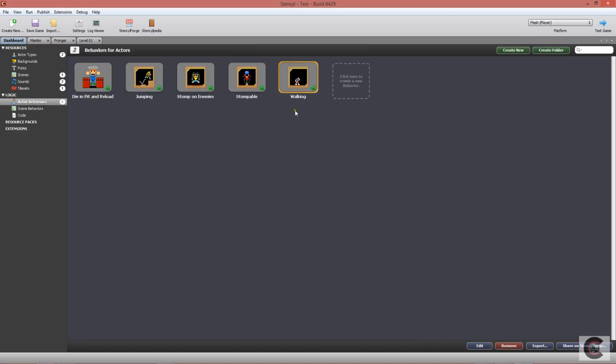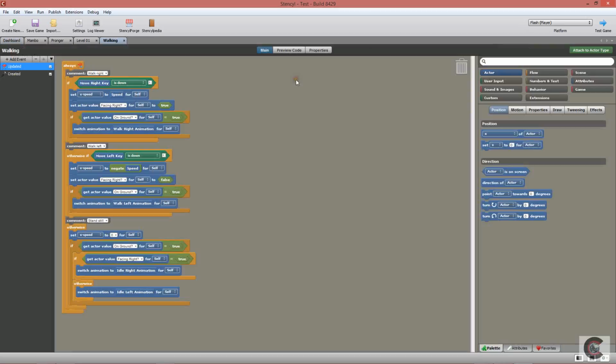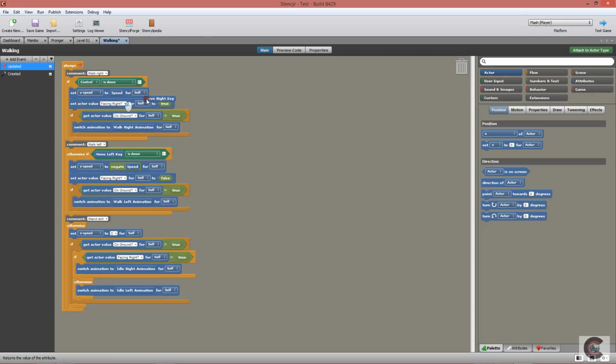Alright, so we're going to be troubleshooting. So we're going to be opening the walk-in script. Now we can see that there's a whole bunch of commands here, and to fix our first problem of us walking right, you can see if statement, move right key is down. Now there's no key that is called move right key, so we'll remove this,